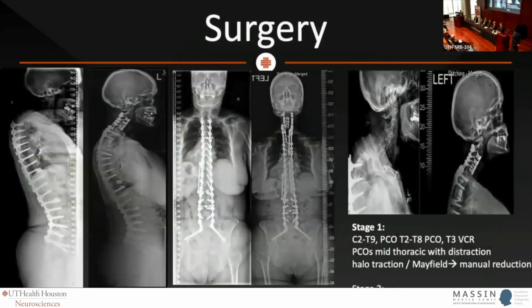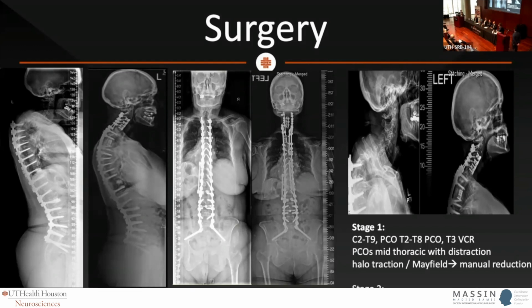So what I did was a two-stage procedure, very similar to what Dr. Kleinberg had mentioned. The initial surgery is trickier just because of the kyphosis and angulation. The angle to get the instrumentation in is a very narrow window. So putting them in a halo during surgery, extending their head for the instrumentation, doing the posterior osteotomies across the